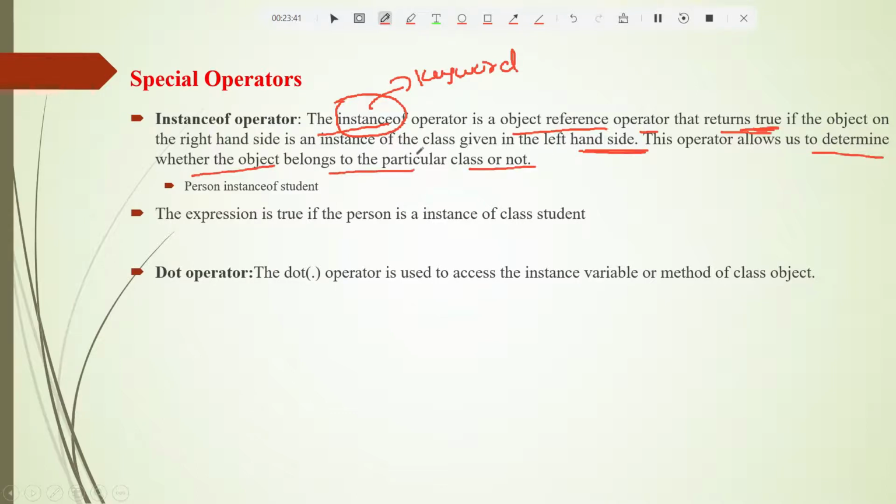So students, here it's example: person instanceof student. So person is a class, and the instanceof operator checks whether the object student belongs to the class person. What is student? Student is the object.